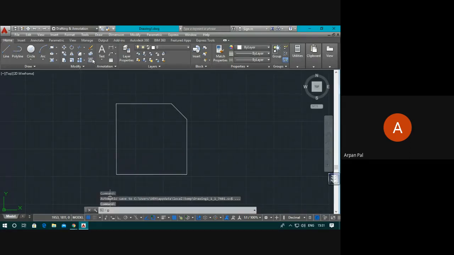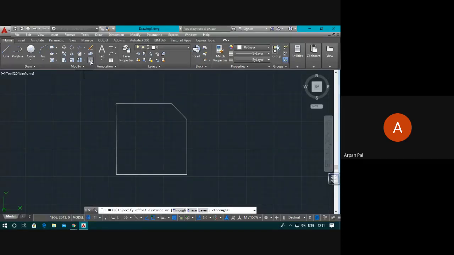You just click here. Just click once. Offset, specify offset distance. Whenever you are drawing through AutoCAD, always remember to follow the command box very clearly.